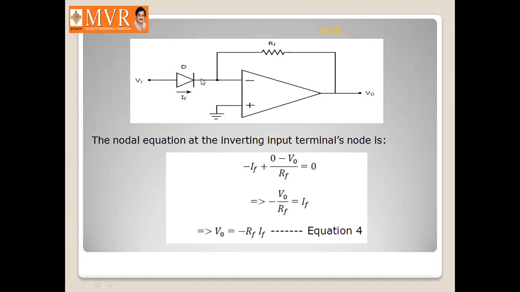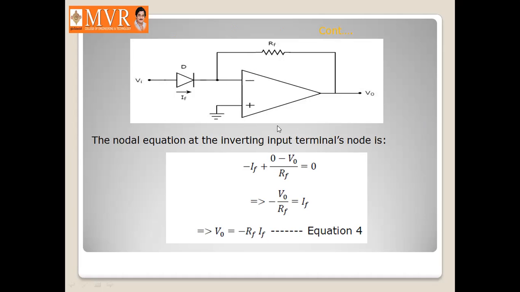So whenever the input signal is positive, the diode will be forward biased. Here we are going to place the diode at the input terminal, between the input signal and the inverting terminal of the op amp, and we are going to place RF as a feedback resistor. So this operational amplifier is going to act as an anti-logarithmic amplifier. By writing the nodal equations,